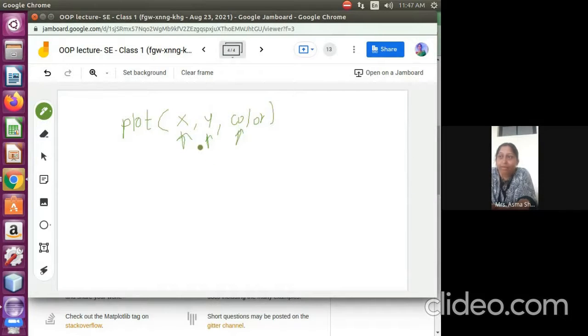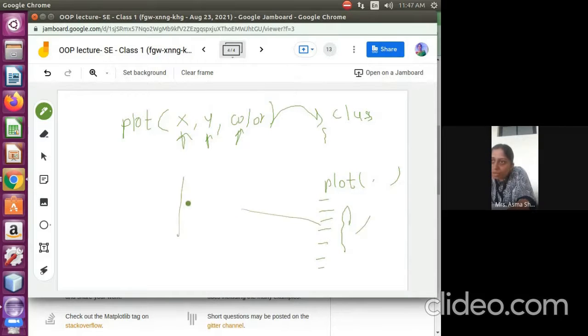In Python we have the class, and within the class we have the function plot, which has these attributes, and the functionality is written here. This functionality will help us to plot something on the screen.